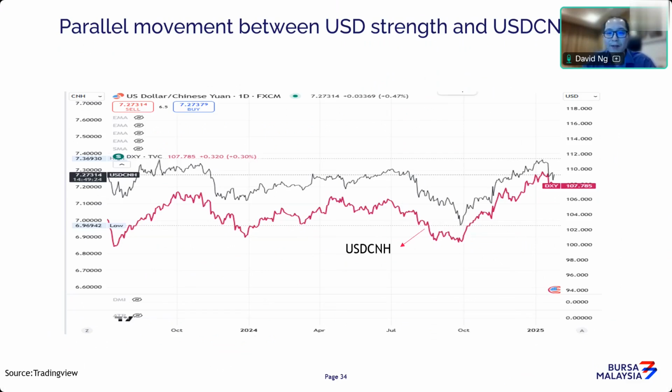Now, if you look at the currency pair USD CNH, which is highlighted in red, and compare it with the US dollar index, the DXY, you can see quite a close parallel. Whenever the US dollar strengthens, the Chinese currency will weaken, and vice versa. Obviously, there's a bit of dislocation in recent times, where both currencies are getting weaker. But most of the time, when the US dollar strengthens, the Chinese currency weakens. It's always the intention of certain countries to maintain a low currency level, because that makes their goods more competitive.